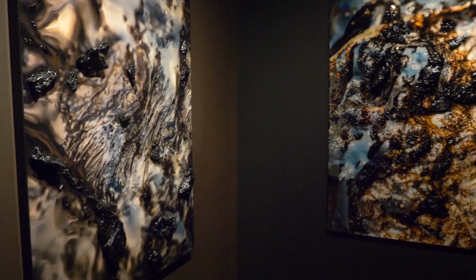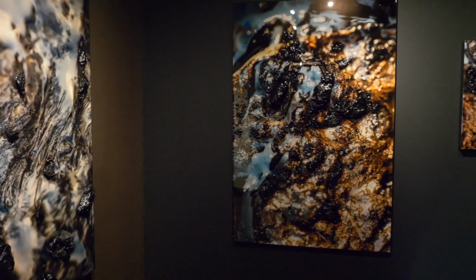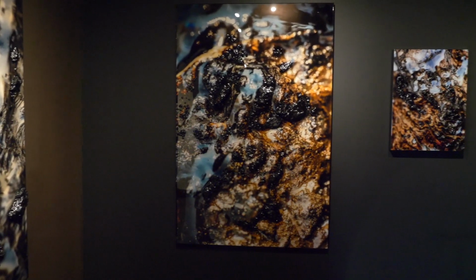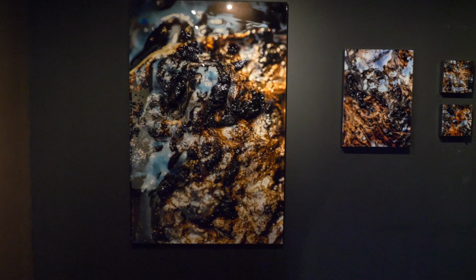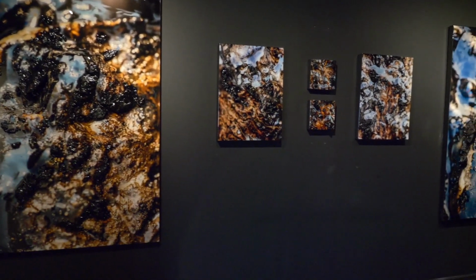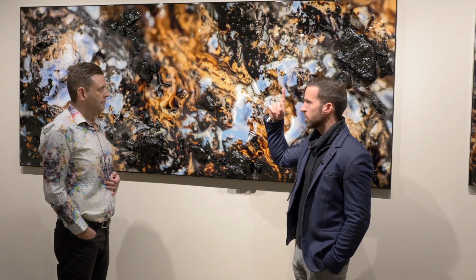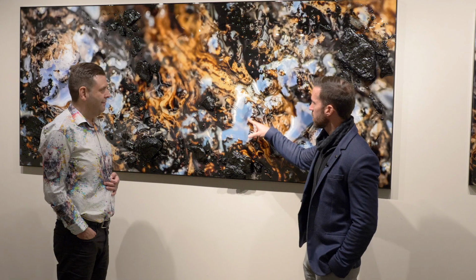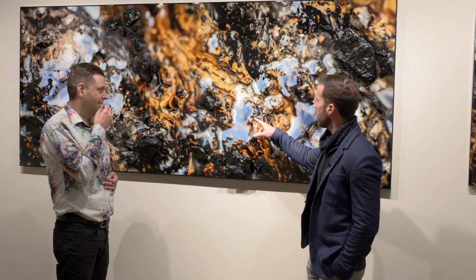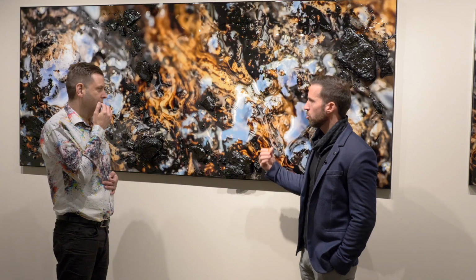Each of the pieces have quite unique colors and movement that's going on, as they were shot on location during the summer peak periods and the hottest possible days. So you have these hot spots that are popping out, some of these white spots. What you're actually receiving is the reflection of the sky at the time. So you're seeing a semi-cloudy, overcast day that's being blasted back due to the glossy and reflective nature of